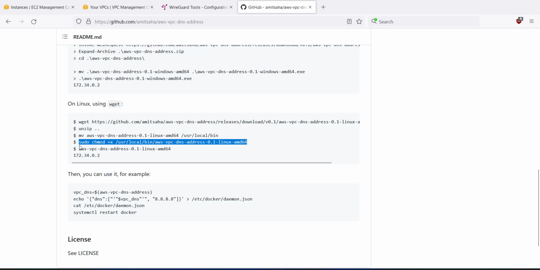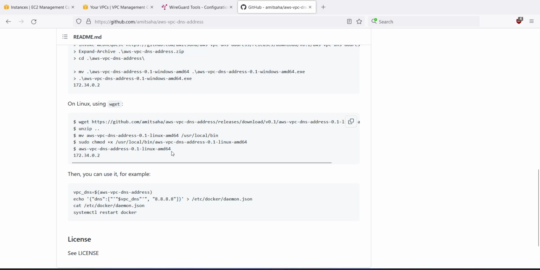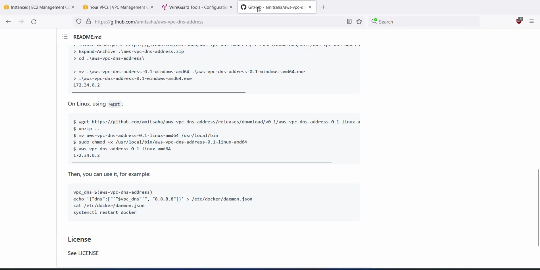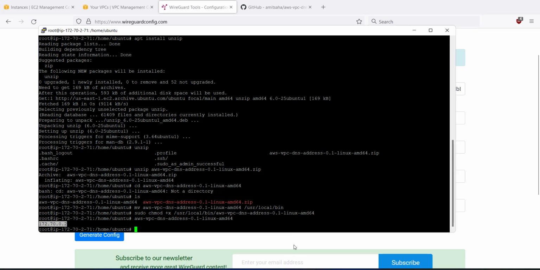Then, I mean, this is optional part. You can actually skip it if you don't need the DNS. Then if we enter this command, it's gonna let us know what is the actual DNS IP address. As you can see, the DNS IP address is the second IP address of your VPC. So we're gonna copy this one and put it in here. Then in post up rules, so we need to